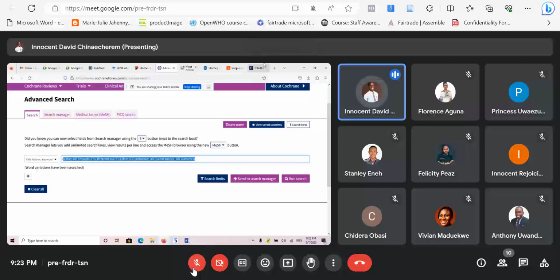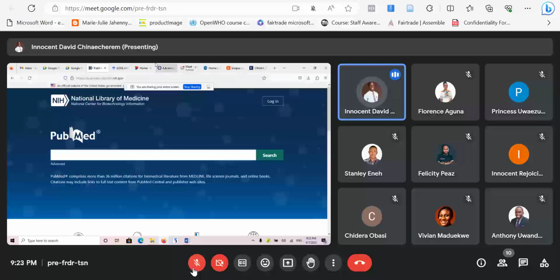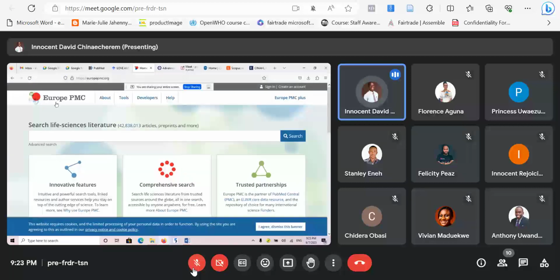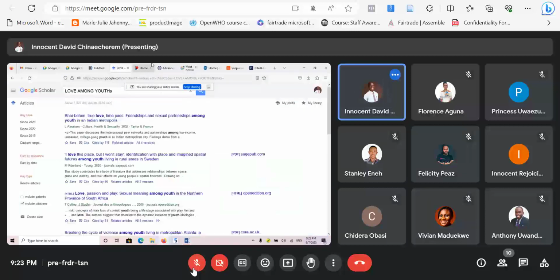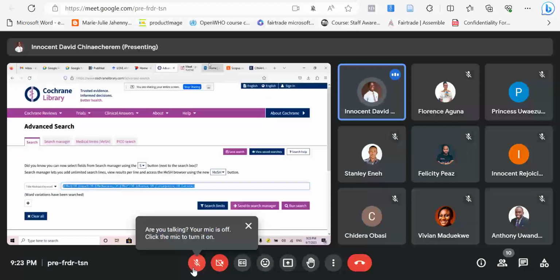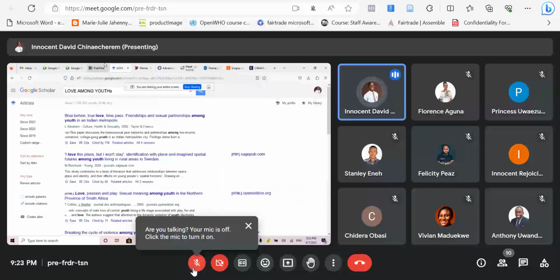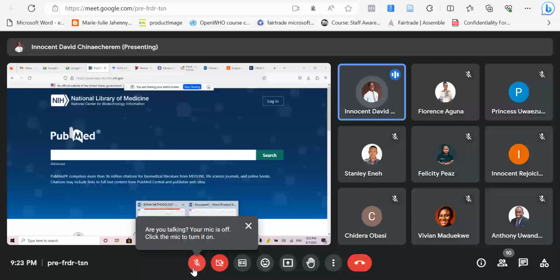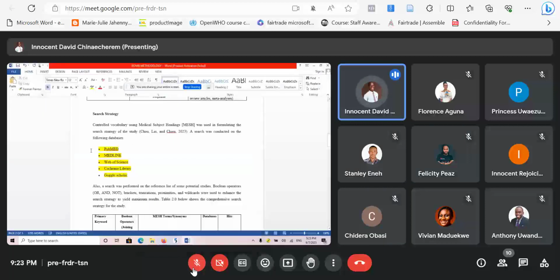So most databases are not all that accessible, but PubMed is widely accessible. The European PMC is widely accessible. The Cochrane Library is widely accessible for you to search. So the essence is that before we come out to say we are not seeing studies, we must have